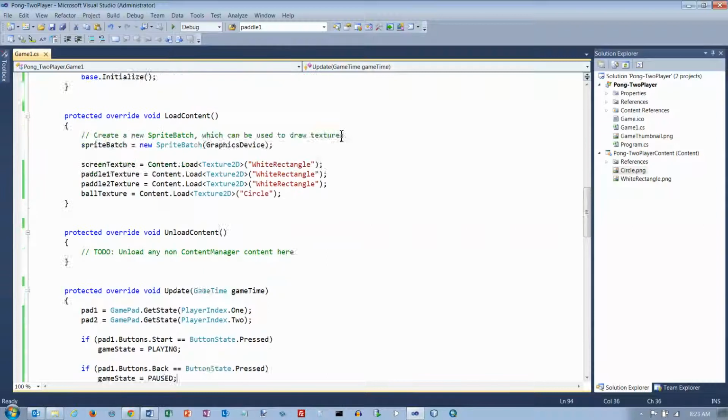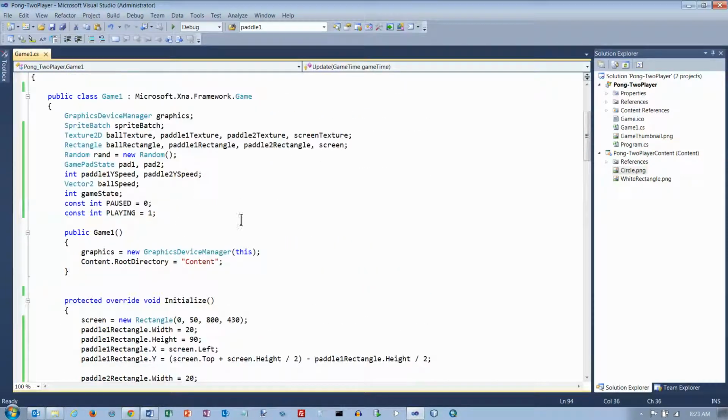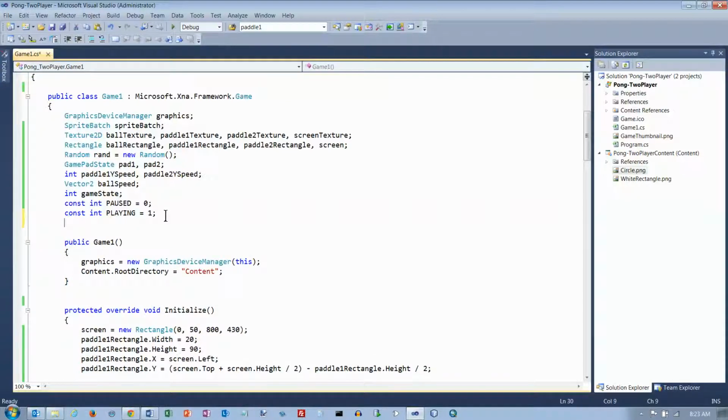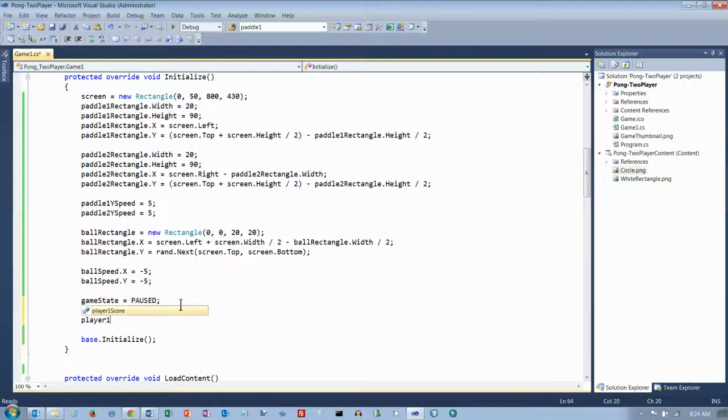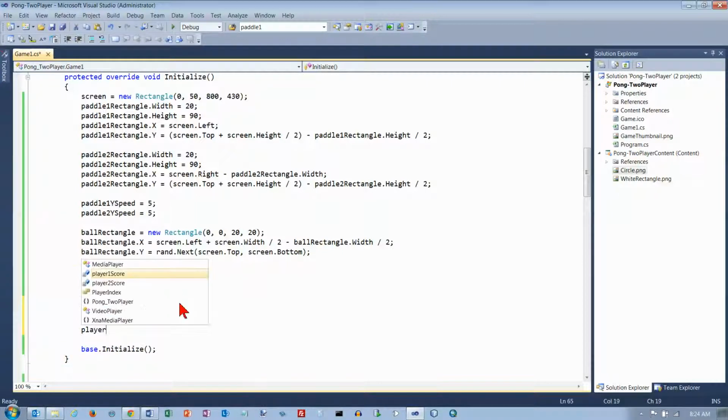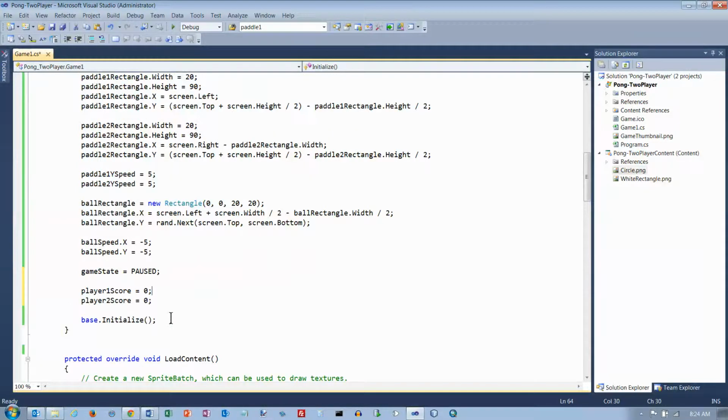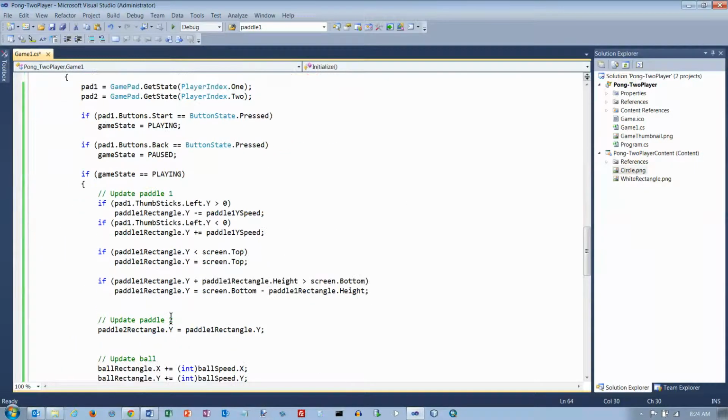And the other thing I want to do in here is I want to obviously keep score. So I need a couple of variables here. Int player 1 score, comma player 2 score, and those should be initialized down here as well. And we'll just keep adding on here. Player 1 score equals 0, and at the beginning player 2 score also equals 0. Okay, and then we have to figure out down below here,